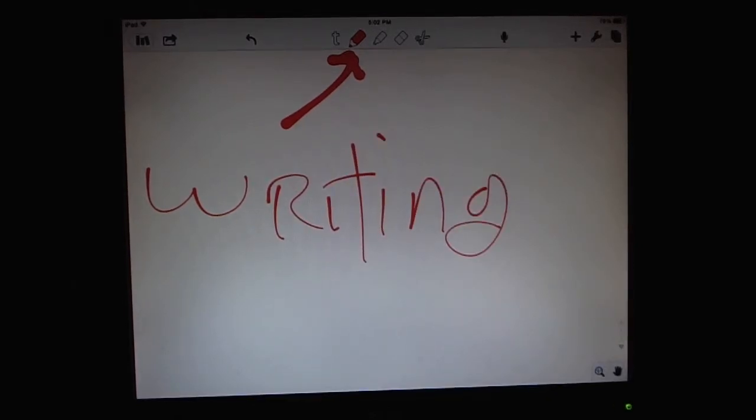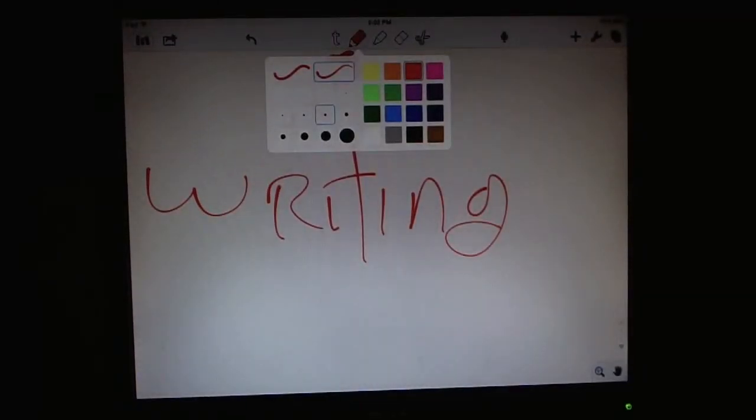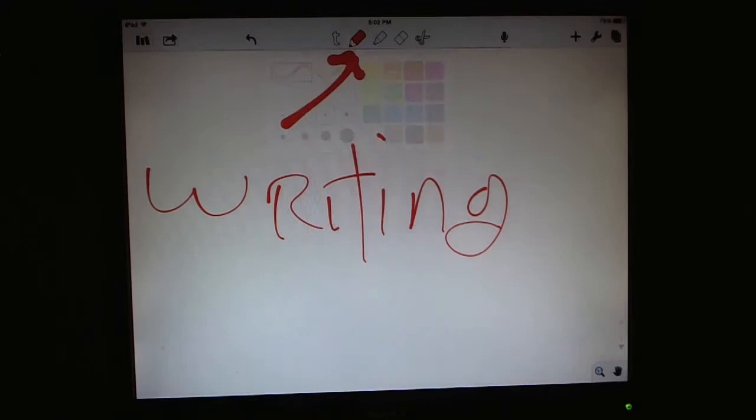And this is what Mike uses a lot. I suggest using a stylus, and we'll have some to play with at the training sessions. So just remember, click on that, and then you can select how thick you want the lines and whether you want them fancy or not, and then what color. All right, same thing is true. The second one